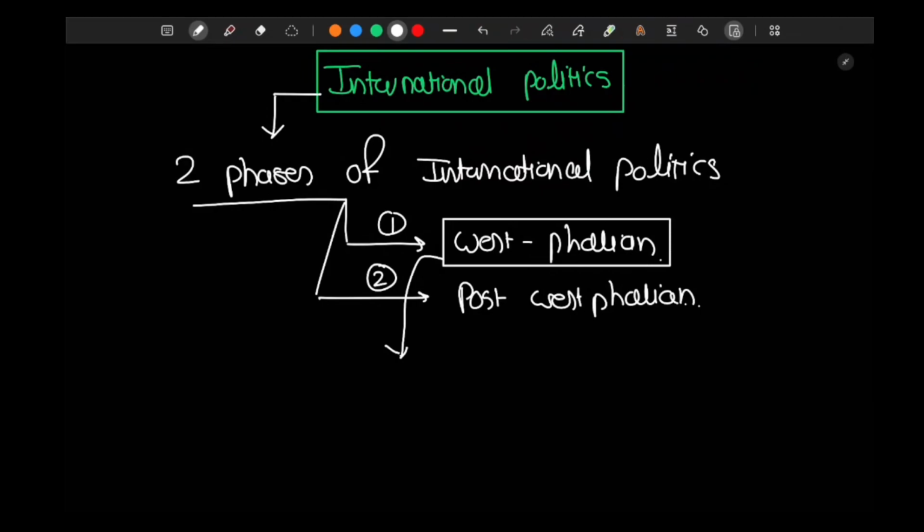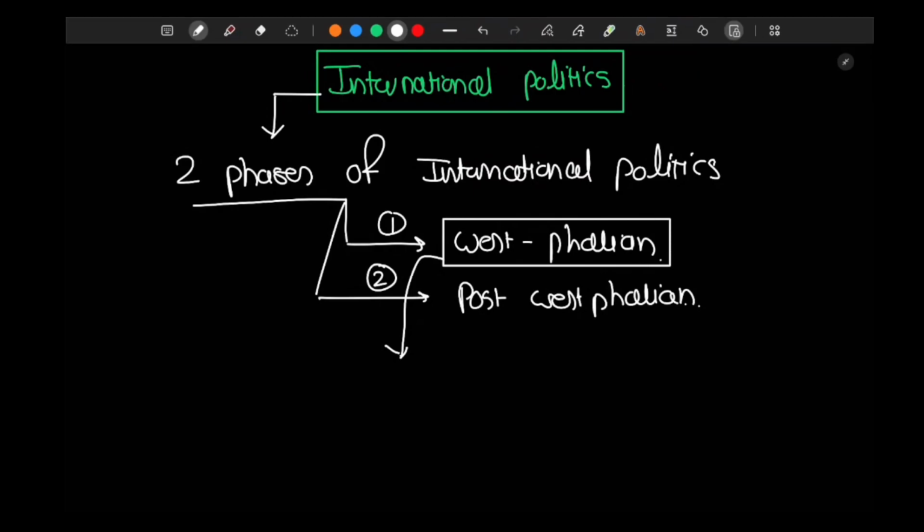The 30 years war happened in Europe, right? It was almost like a World War. And the 80 years war was between Spain and the Dutch Republic. Westphalia is a place in Germany. It is not really a place, it is a region in Germany. It is a historical region in Germany.